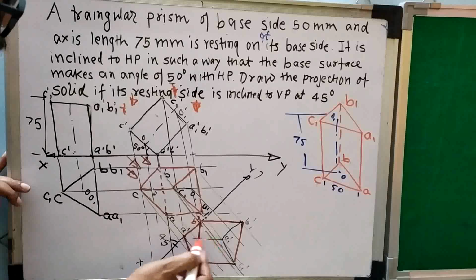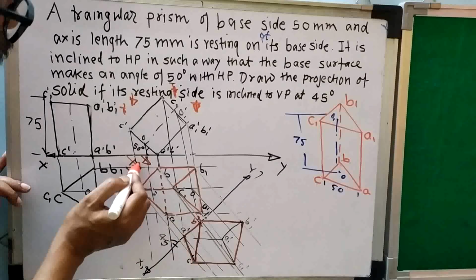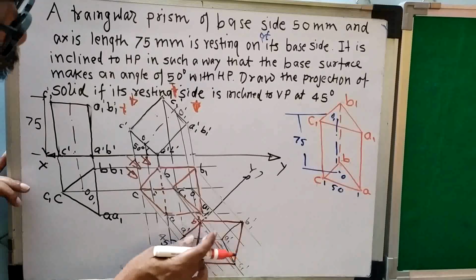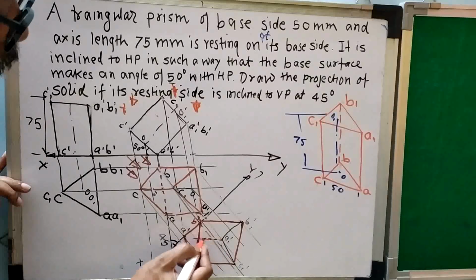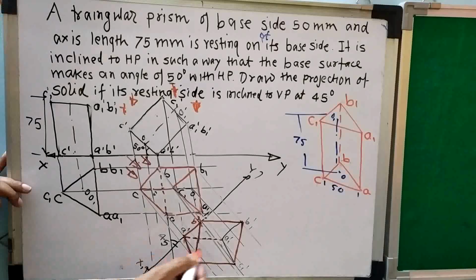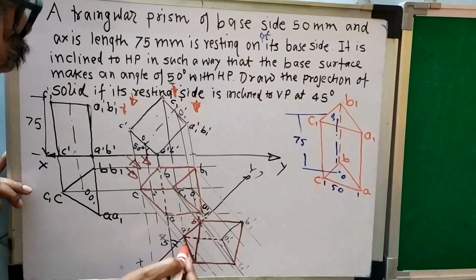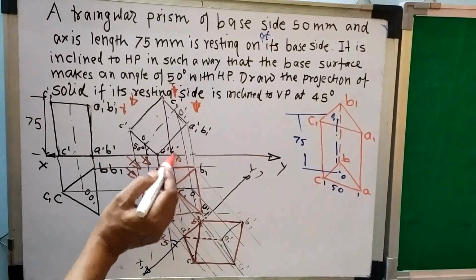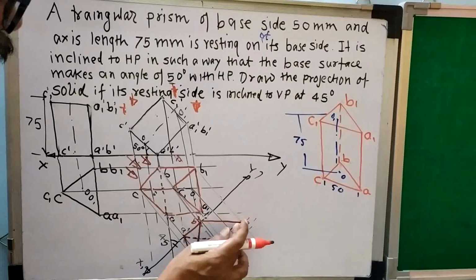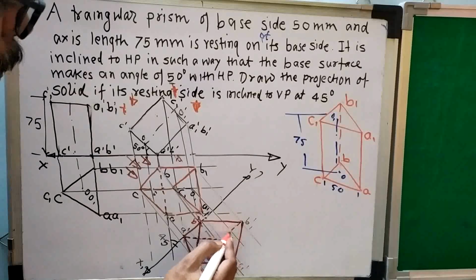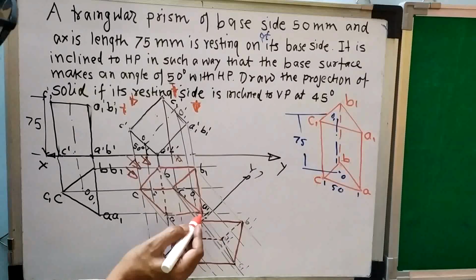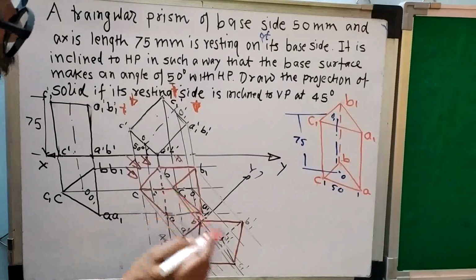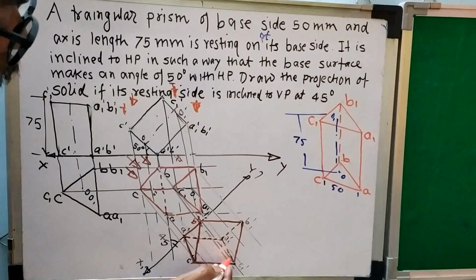What do you think about AA1? AA1 is far away. Here observer is here and AA1 is far away. Again, this is the solid line, so this should be a dotted line as per our rules. So what do you think about A1, B1? A1, B1 is far away, it is behind. So this A1, B1 will be dotted. What did you say about AC? This is far away, so A1, C1, this will be dotted line.